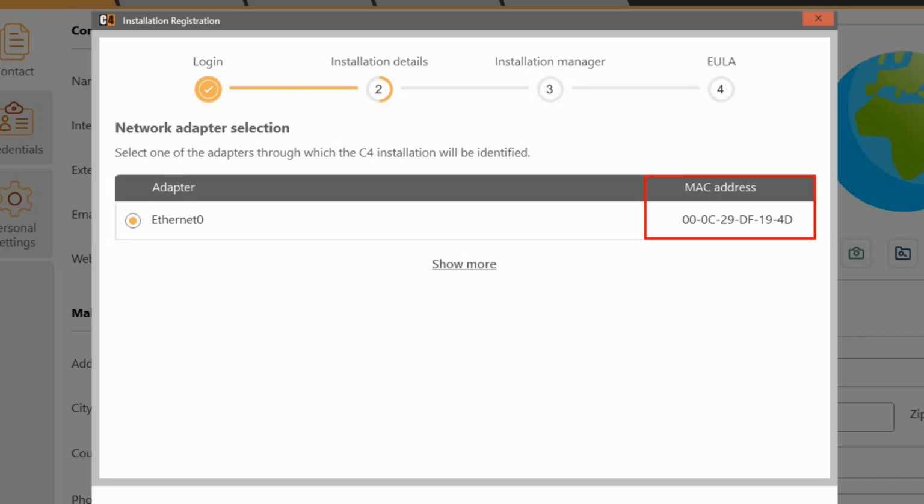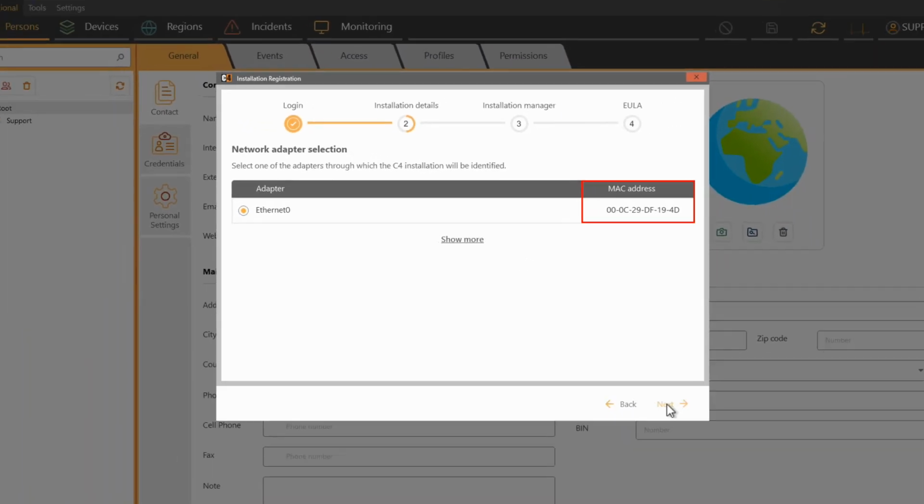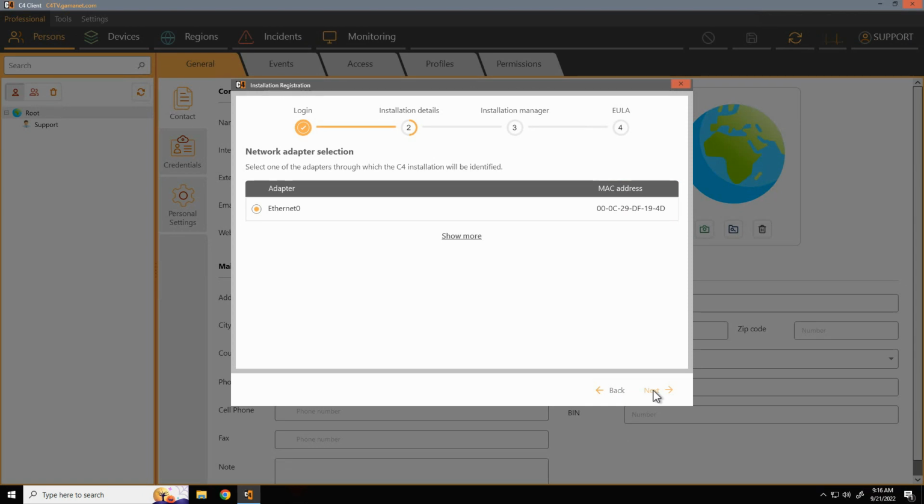A C4 installation is uniquely identified by the MAC address of the network card of the computer where the C4 server is installed. This ensures the uniqueness of the installation within the central register of installations. During the registration process, the C4 system will search for all available network cards at the C4 server. It allows you to choose from standard Ethernet or Wi-Fi adapters at the first step.